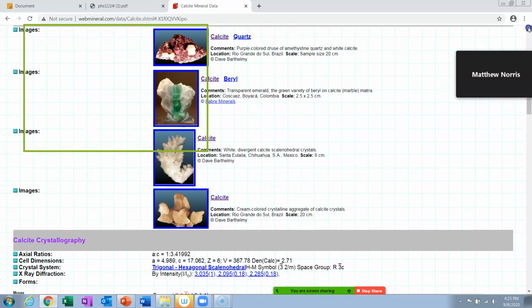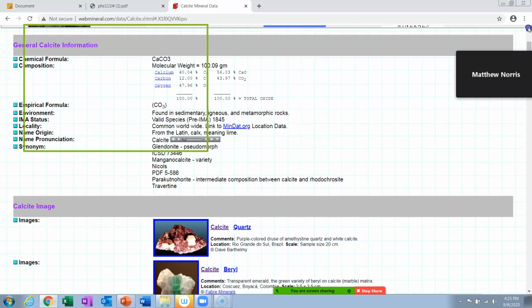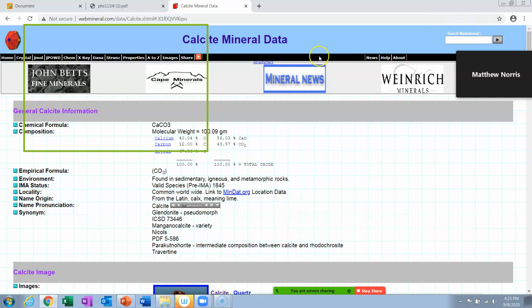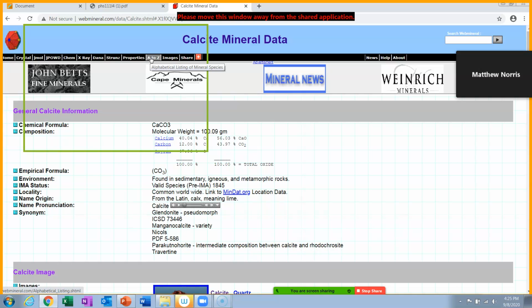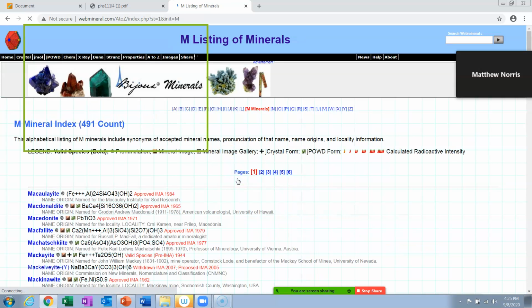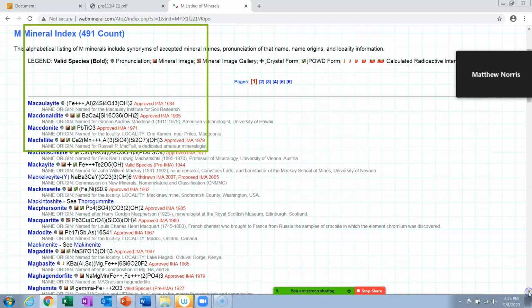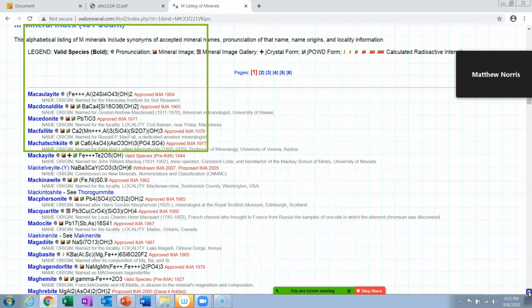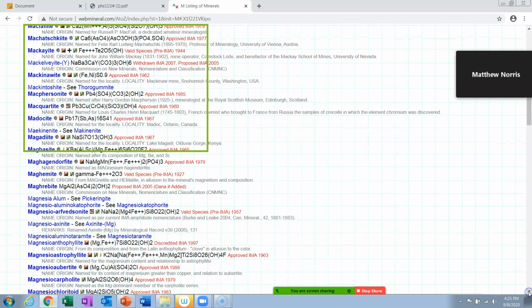See, those are the pictures of calcite. Ah, here it is, right here. Go to the top of the data set, not the bottom. And you see here A to Z. Okay, click on that and go to M for magnetite. Yeah. Oh, and then do Control F. Yeah, and then type in the letter of the mineral. Okay. Right. Or you can scroll down this way. Okay, magnetite.